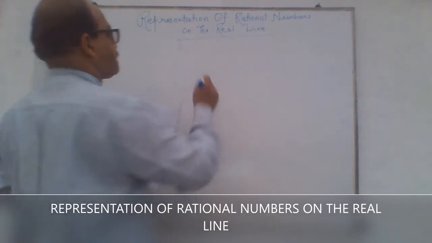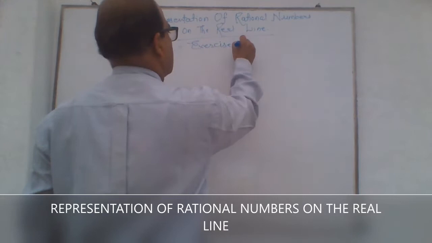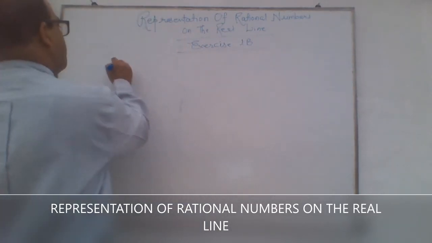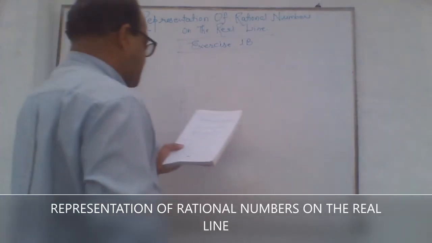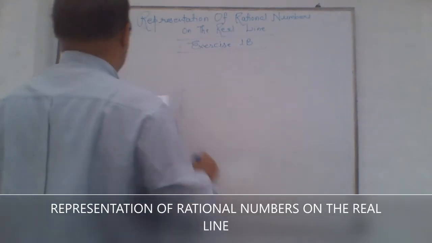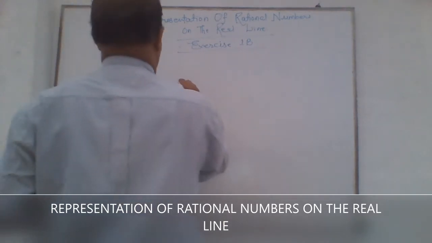1b, question number 1, represent each of the following numbers on the number line. First question is 1 by 3. At first,